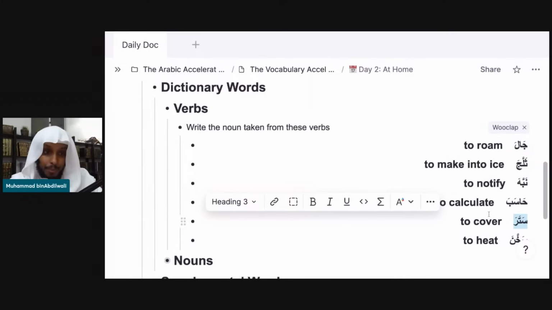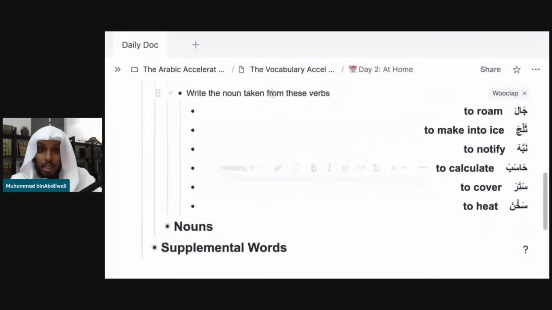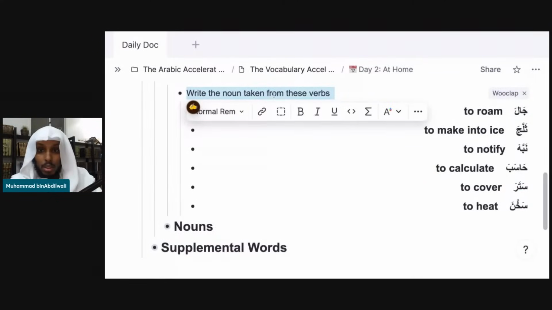So I want you to go to WooClap. Somebody can repost the link. I want you to answer this question, which is: write the noun taken from these verbs, or you can say write the nouns from which these verbs are taken. Either way, it doesn't matter. It goes back to the topic of are nouns taken from verbs or verbs taken from nouns. واضح؟